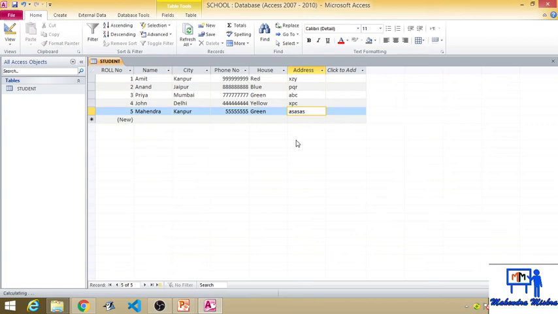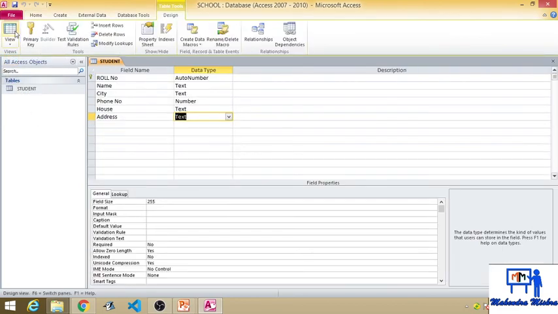Now you can save this. At the left corner you will get the view option. In the view option you will get the datasheet view. This view is called the datasheet view, and at the last you will get the design view. In the design view you have to give the field name and the corresponding data type.